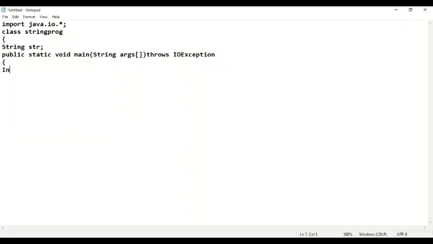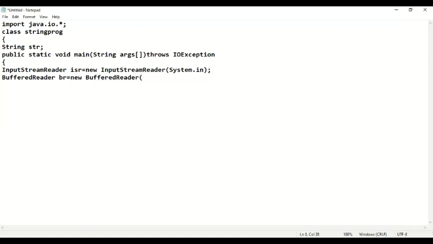Next, InputStreamReader isr equals new InputStreamReader(System.in); BufferedReader br equals new BufferedReader(isr), like this.